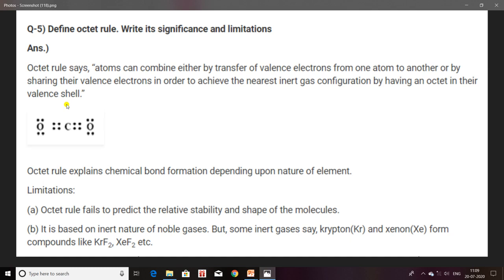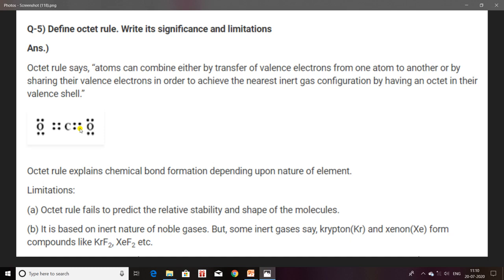Okay. Now you can give the example of CO2 molecule, that here there is carbon atom which is the central atom, and 4 valence electrons of carbon atom are present here and 6 valence electrons of oxygen atom are here. Okay, so oxygen will complete its octet and here there will be sharing of electrons. Here oxygen will complete its octet and here there will be sharing of electrons and carbon will also share electrons. So there will be formation of double bond here and here.